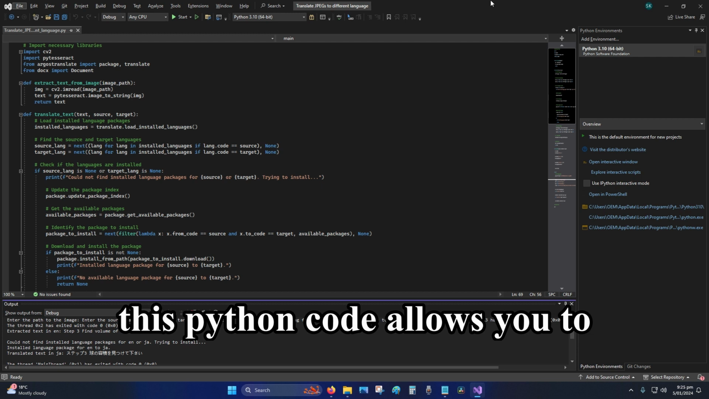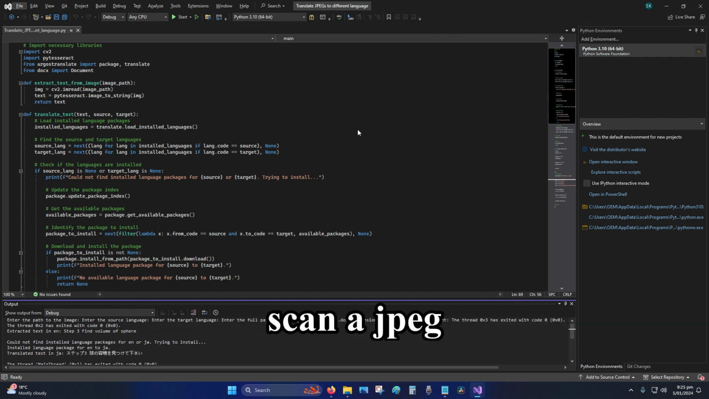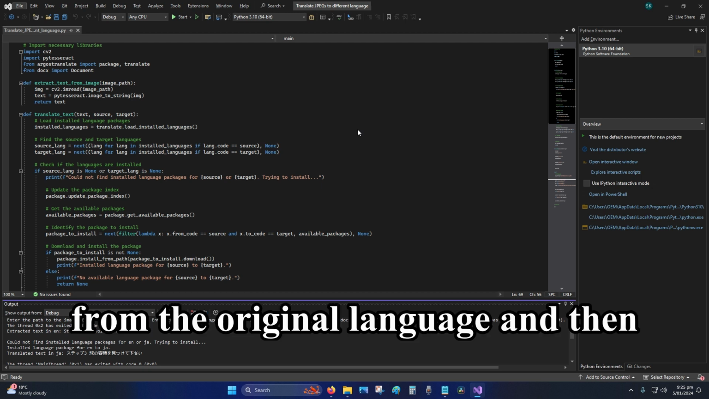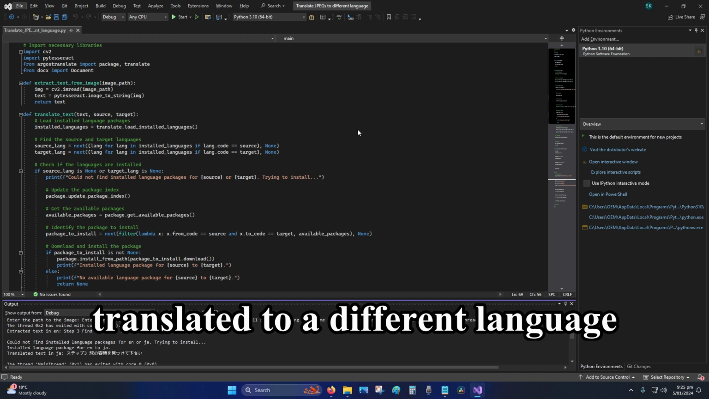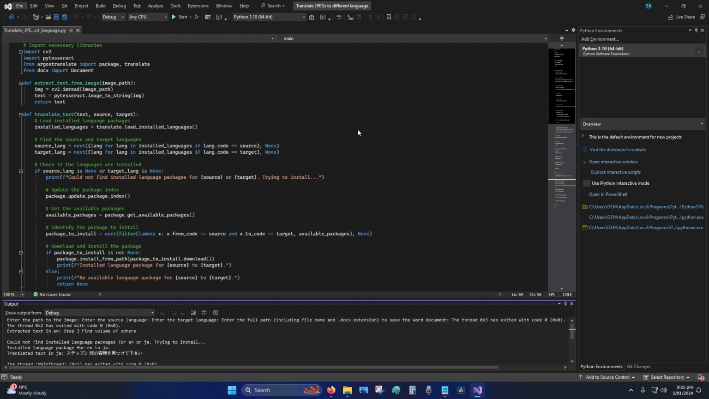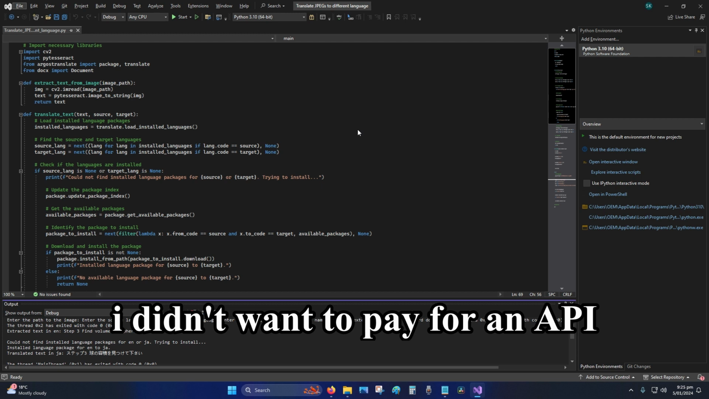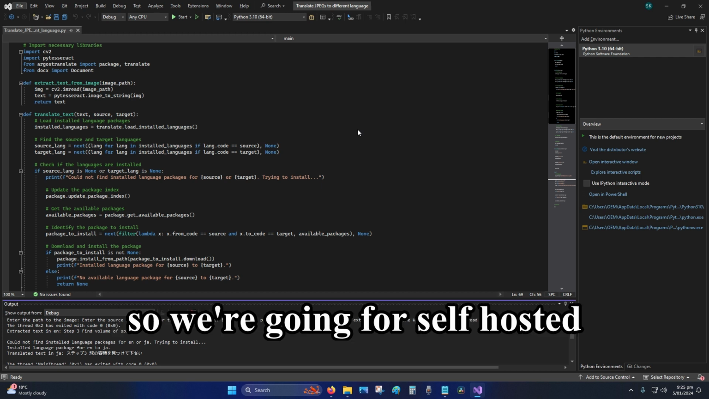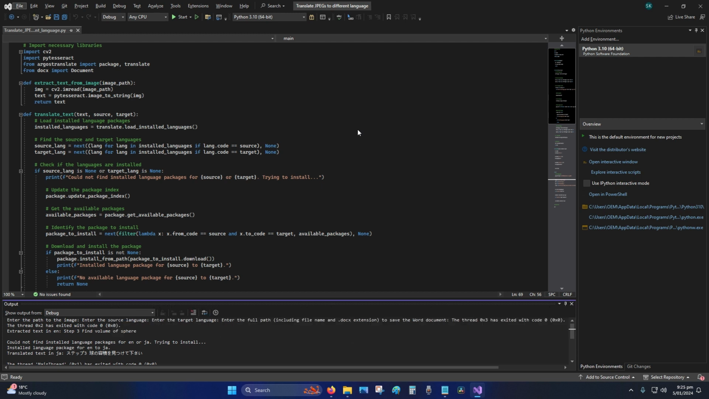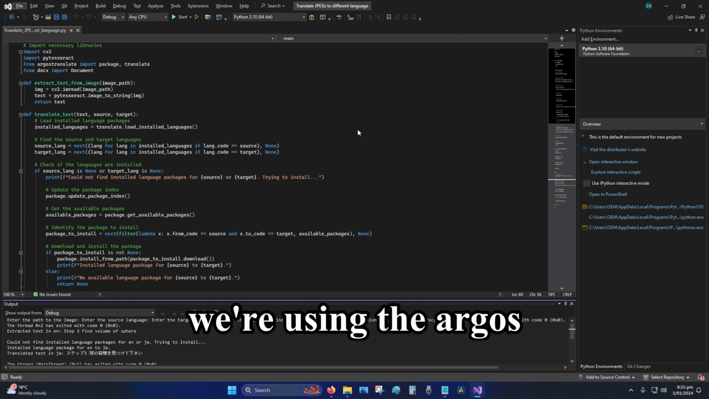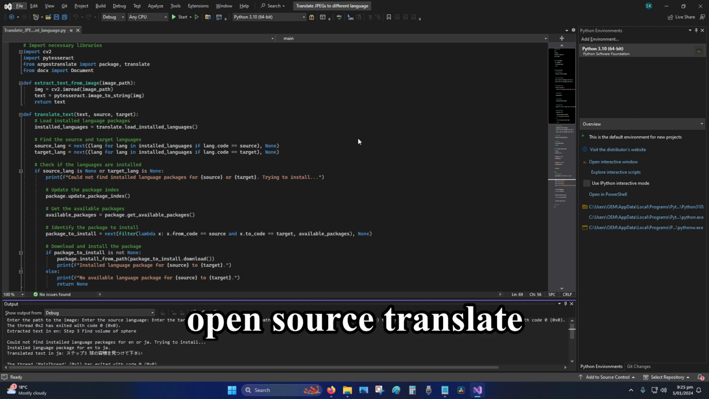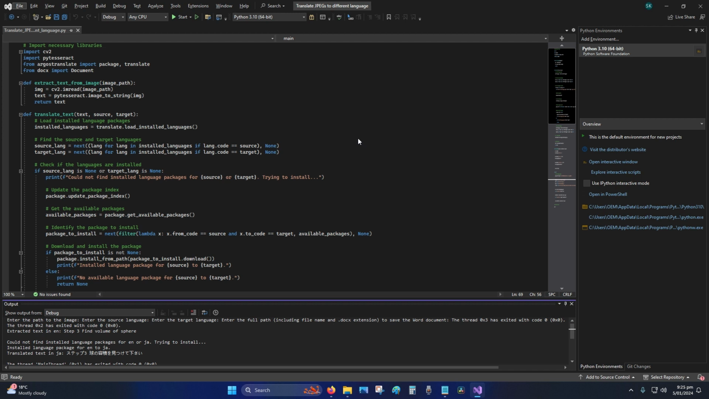So this Python code allows you to scan a JPEG from the original language and then translate it to a different language. As a broke student, I didn't want to pay for an API, so we're going for self-hosted. So we're using the Argos open source translate. Now,